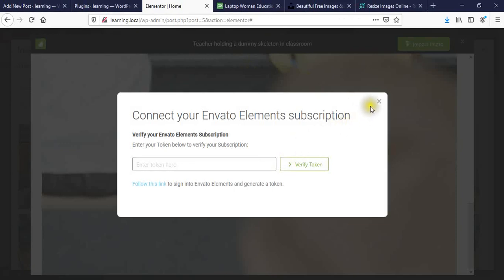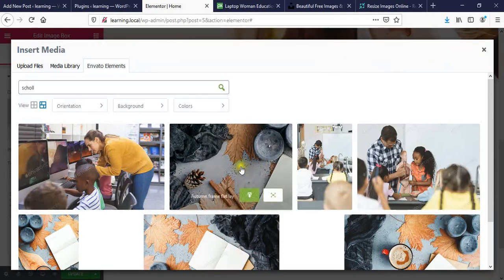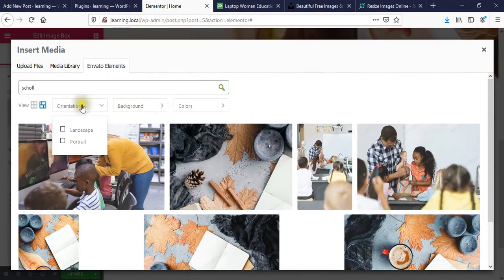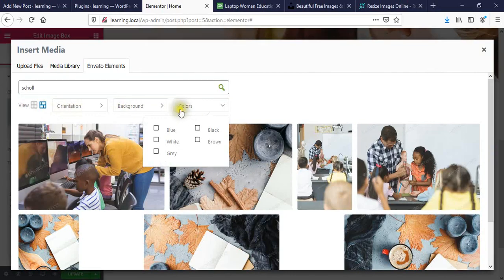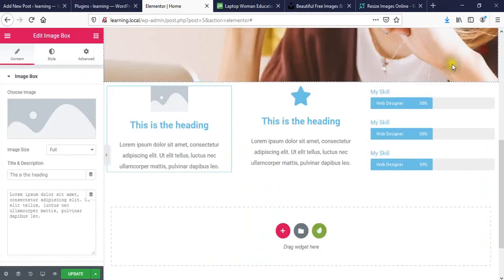So of course, this Envato Elements also has its pro version. Not all images that you see here are free. Some are not free, while some are free. So if it is not a free image, then you should know that downloading it will not be easy for you. So just go ahead and explore, and you can go ahead and add different things like that. You'll be looking at more things that we can do with